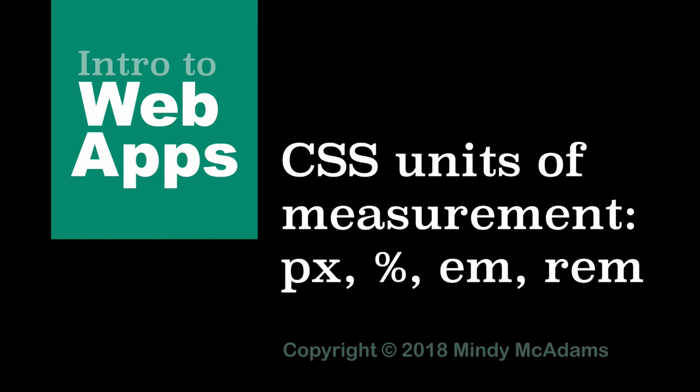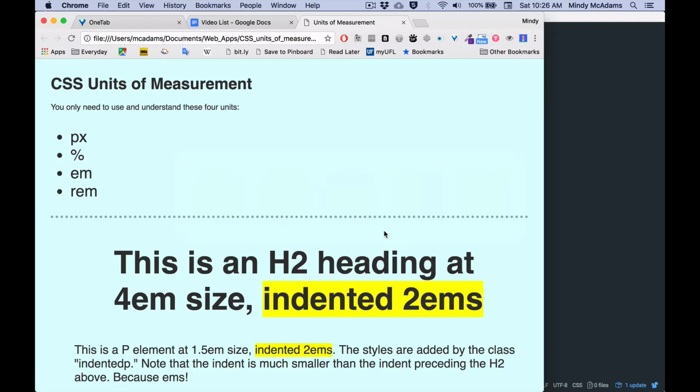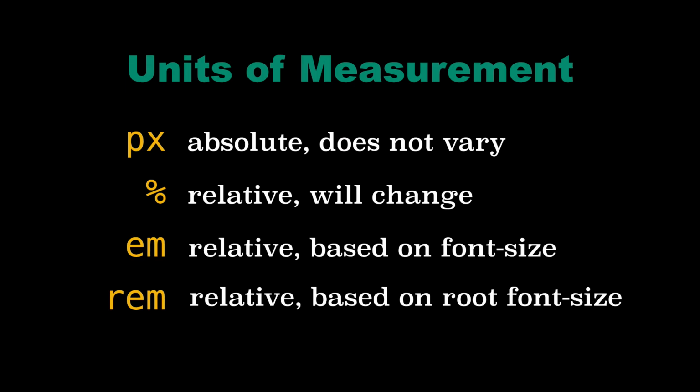Hello, in this video we're going to go over the CSS units of measurement. And while there are about a dozen of them, and they might be very confusing, there's really only 4 of them that you have to be familiar with, that you have to really understand, and that you will typically use in your web work. So it's important to understand that only one of these 4 is absolute or fixed,